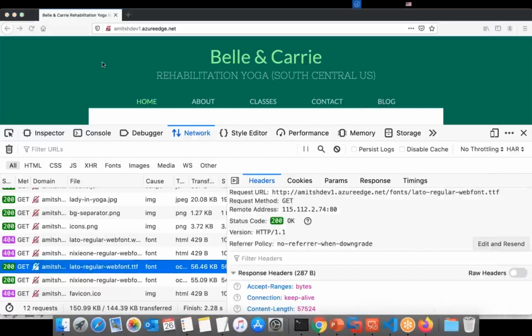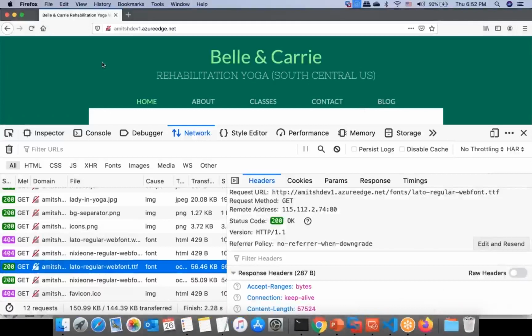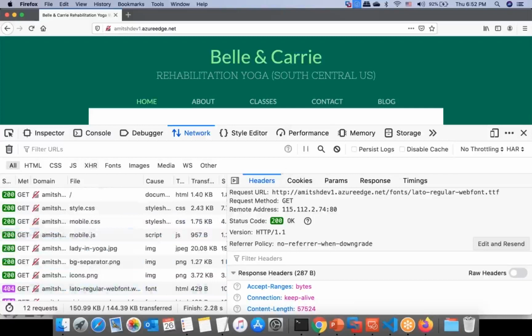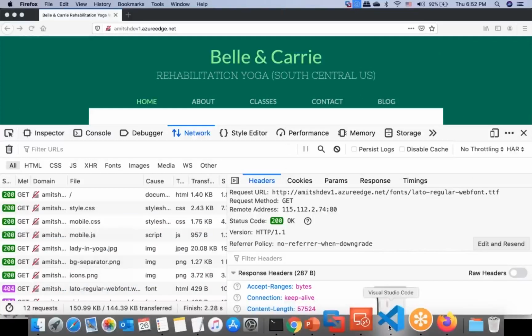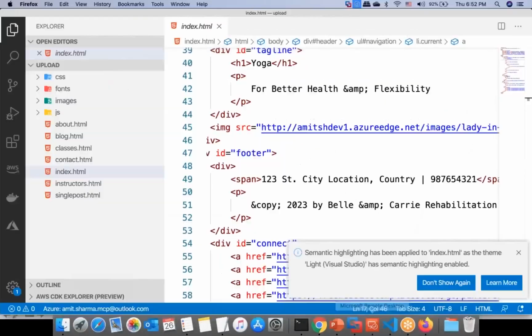But please understand, this is not what I want. I want that all the content should not come from Azure Edge. This is wrong. I'm not expecting this behavior. So what I want to do is I actually have to go back to my site, and I said like, no, this site now should be deployed to,